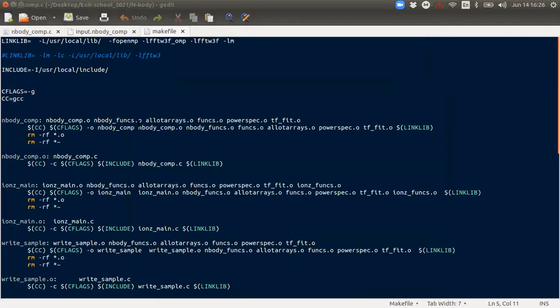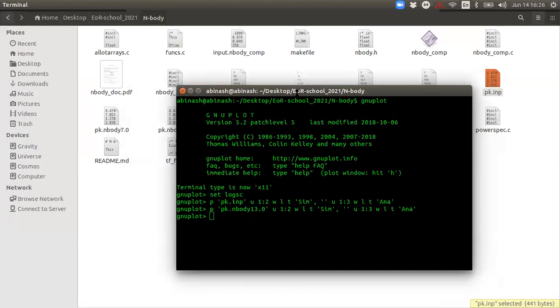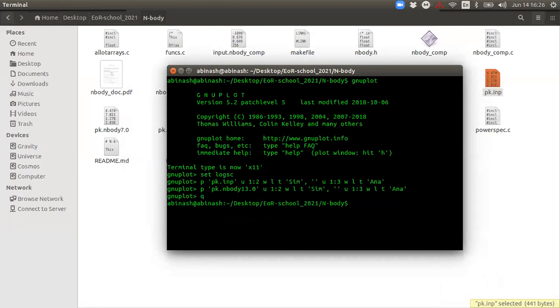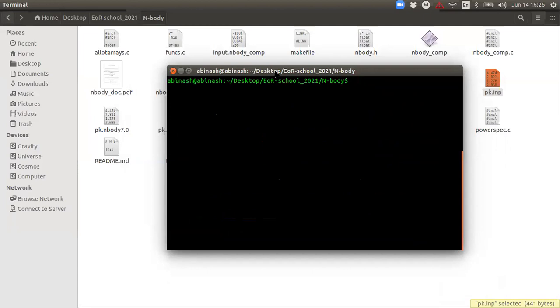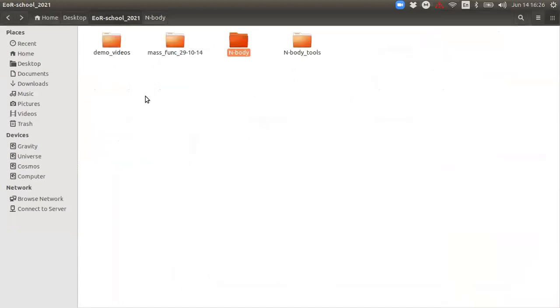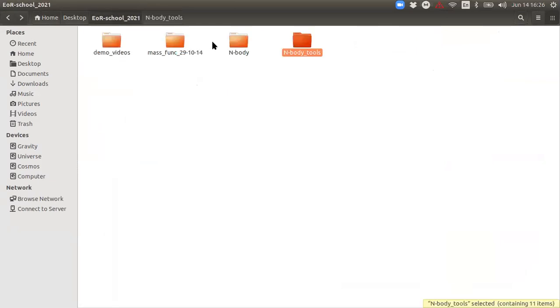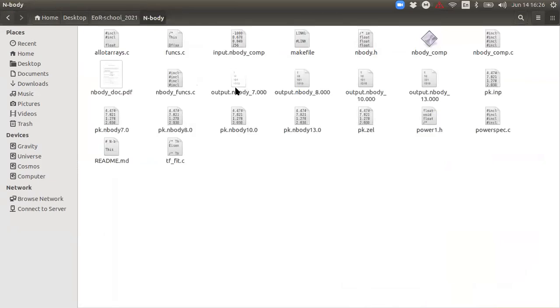Next, let us visualize the output boxes. Okay, I have another code which can read the output n-body file. So let me copy those output n-body files from there.